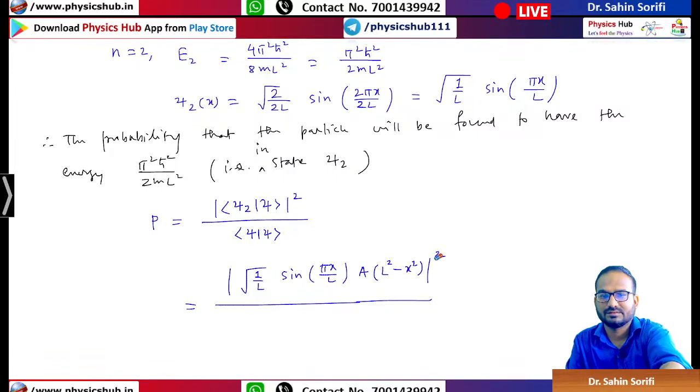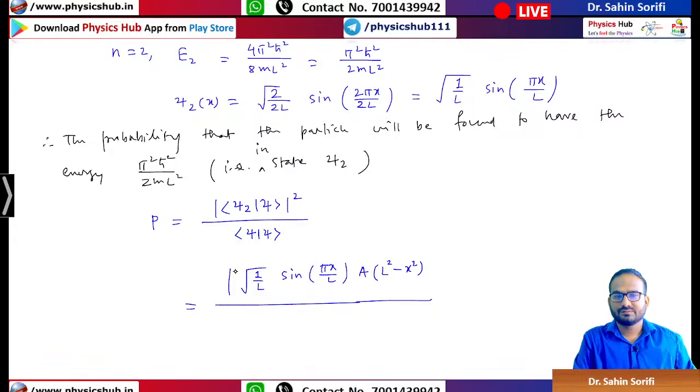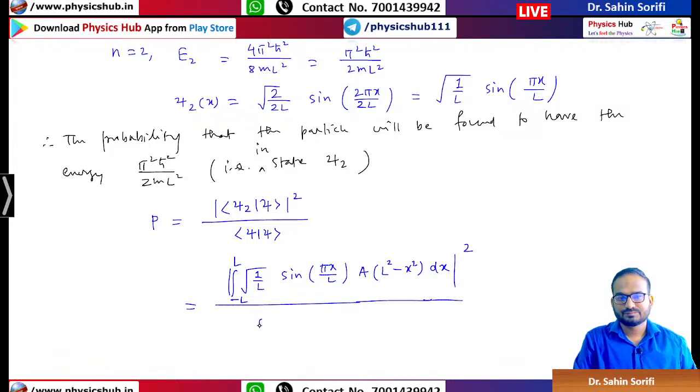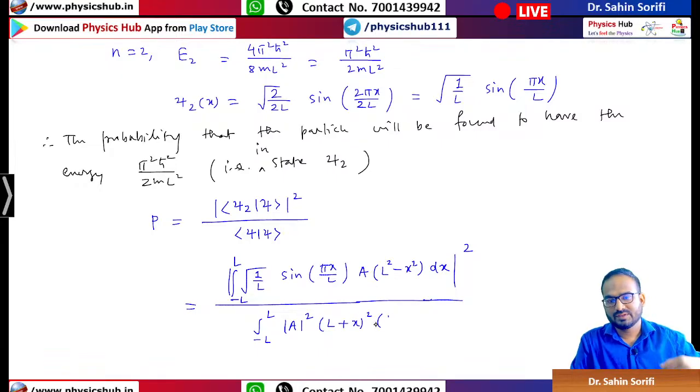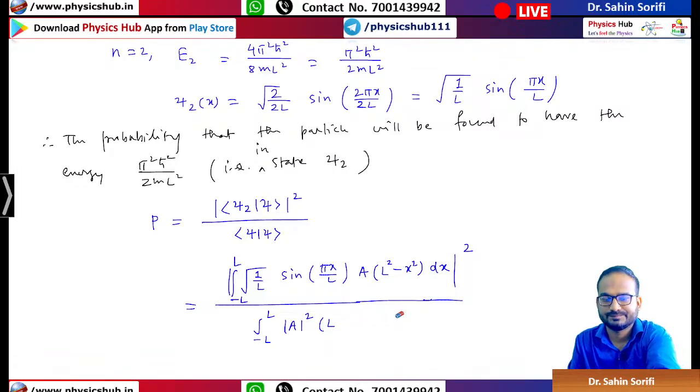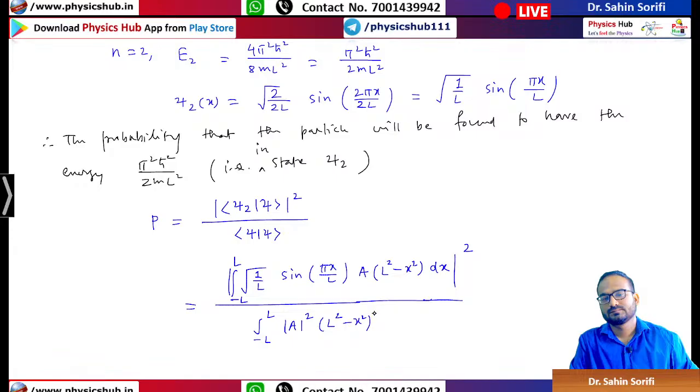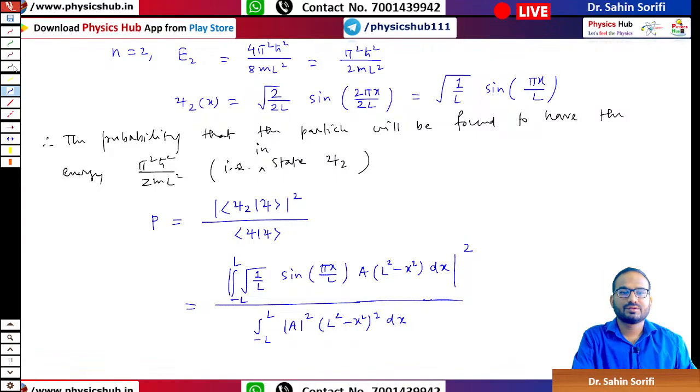Actually, when we are writing this scalar product, it means we have to take the integration from minus L to plus L of psi two star psi dx, modulus square, divided by the integral from minus L to L of psi star psi, where psi star means A star, with L plus x square, or you can simply write L square minus x square, whole square, dx. Because you know, if you have